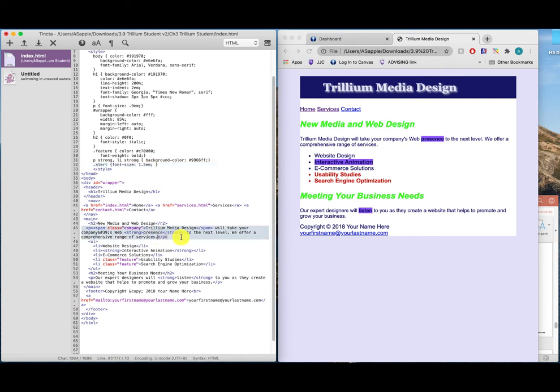So inside the paragraph, we're going to create ourselves another tag, and it's going to be a span, and then class. And the reason why I'm doing class equals is because the alert has a period before it, so therefore it's a class. If it was a hashtag, it would be an ID. So class equals alert, quote,